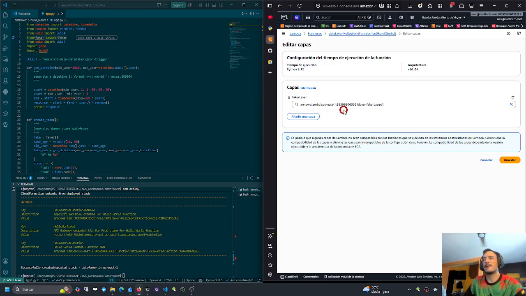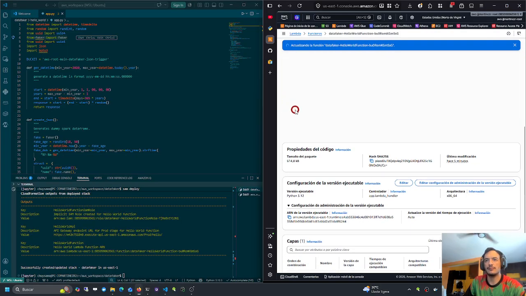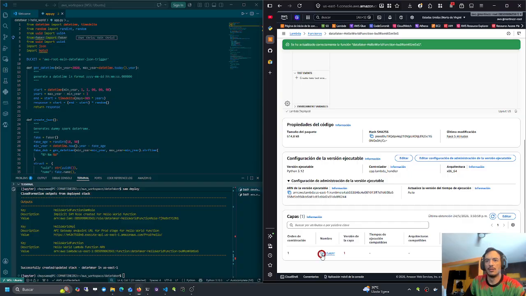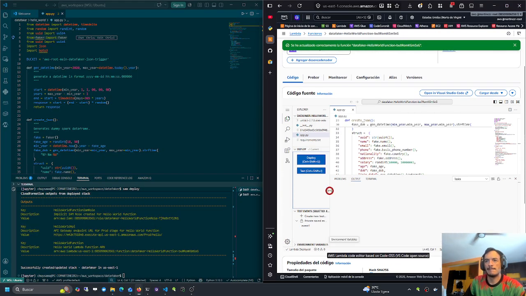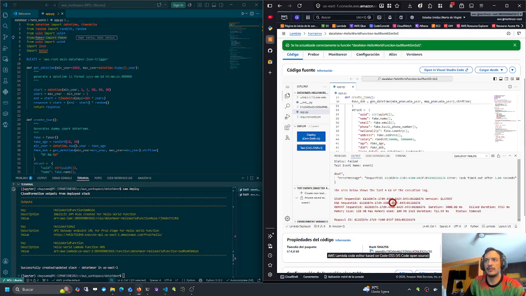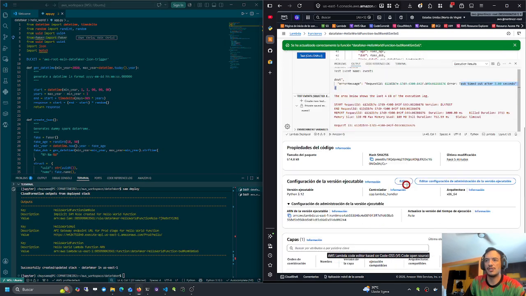So we are going to click on add and then save. So we have added this Faker layer. And now we're going to click on test. And now it's taking a little bit more time. And it says error, task timed out after 3 seconds. Let us